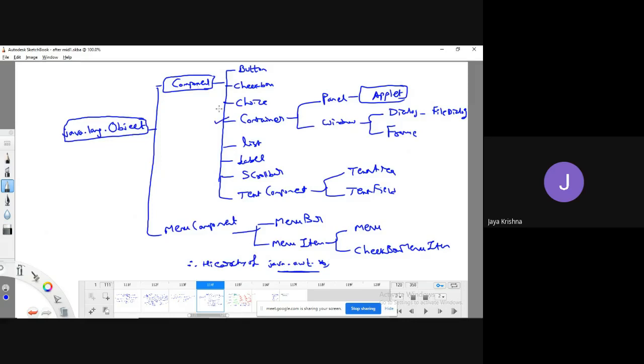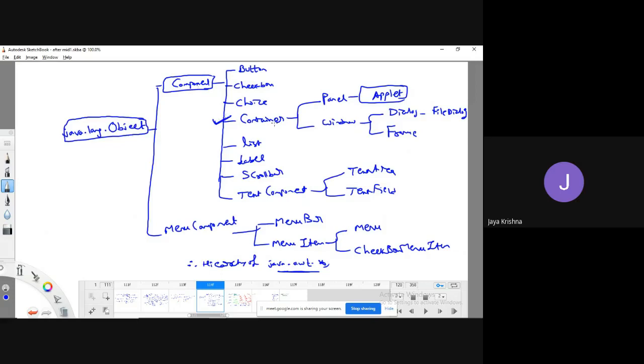The container class. Why? Because without the container class, we can't add GUI components to the container. Don't worry about this. First, we must implement the container class.